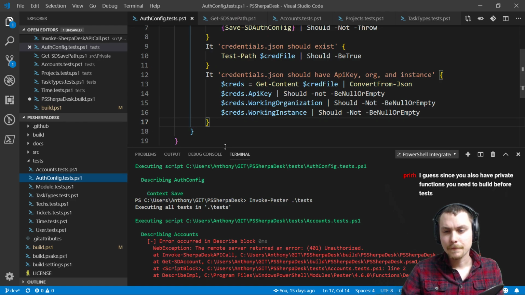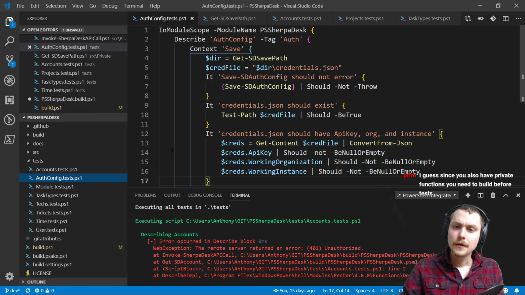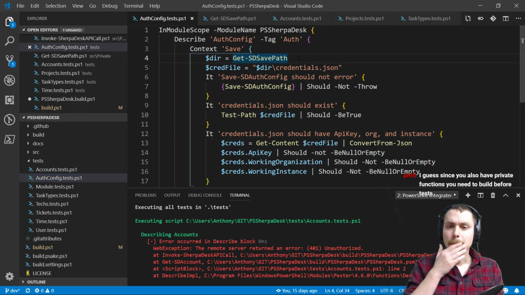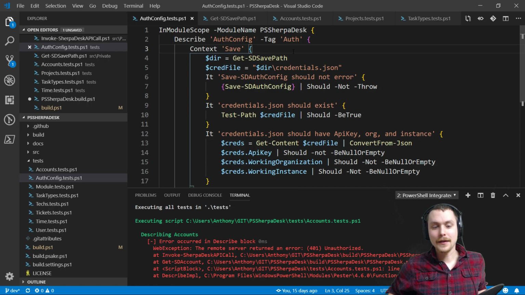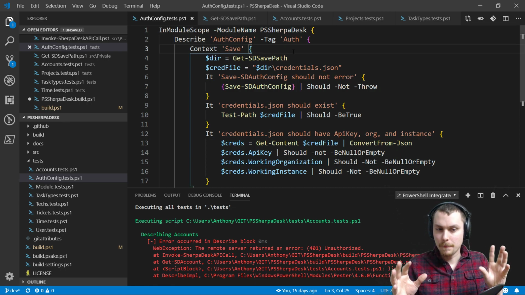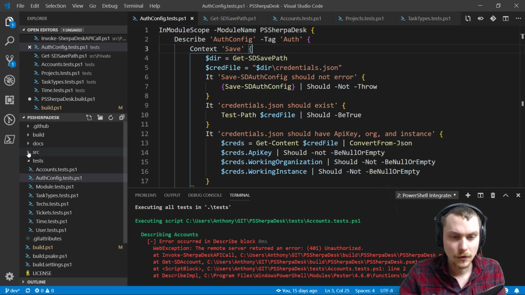Yeah, actually, it's a good point about testing private functions. It's not something I know it's something that's going to be a problem when it needs to happen. But with this specific module build, since it's based on a REST API, there's going to be, and I'll open up the source here,